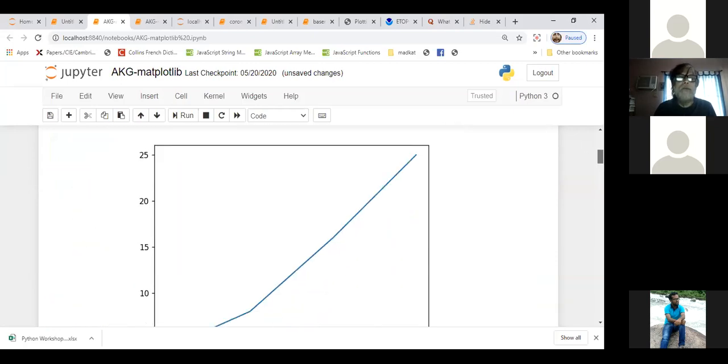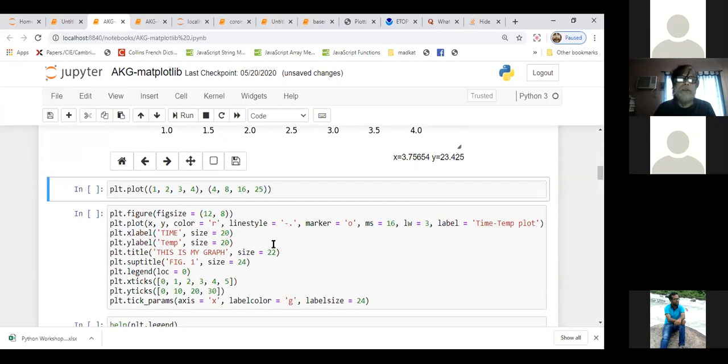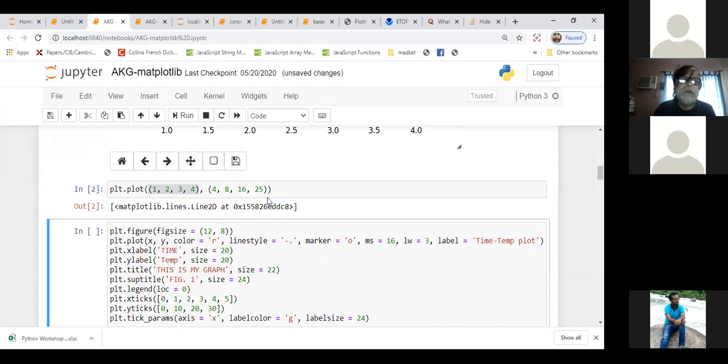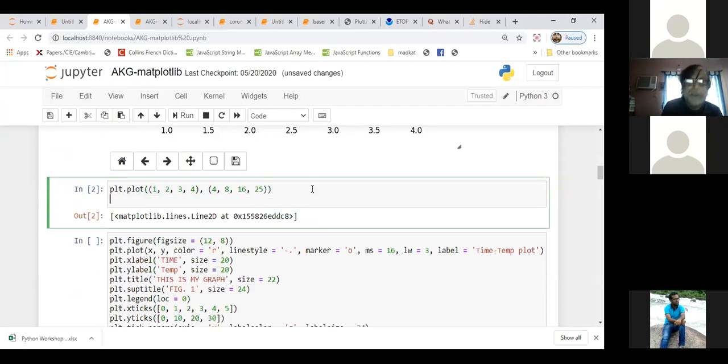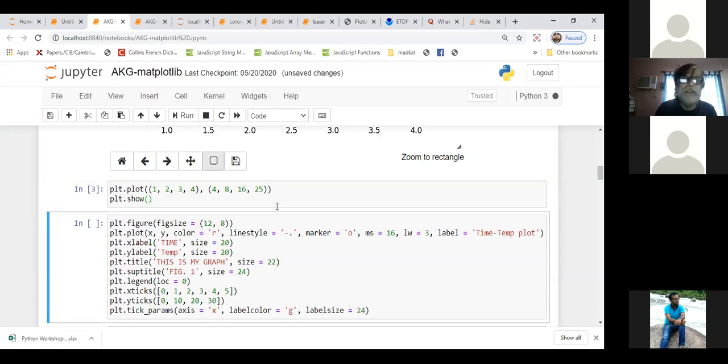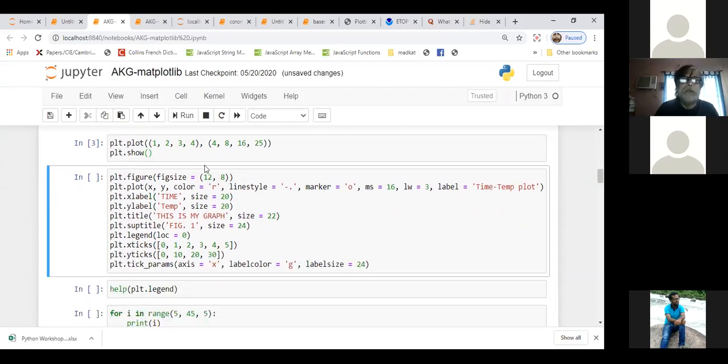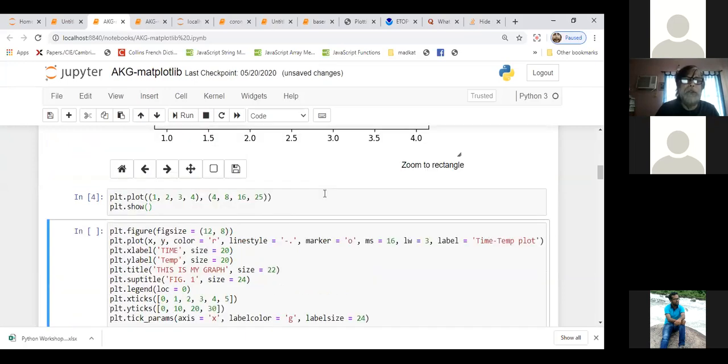Now in this plot, instead of list, you can also write tuple. That is also, it will work. And it has created these things in the memory, and also why it is asking for show. Sometimes it asks. Sometimes it asks, so it will show.